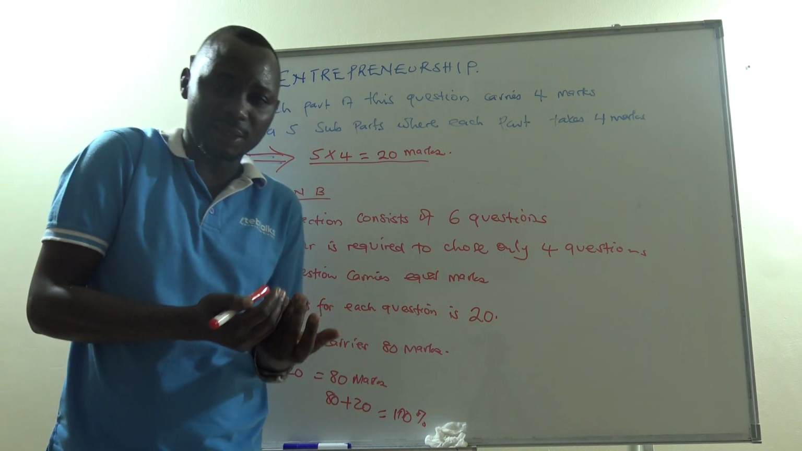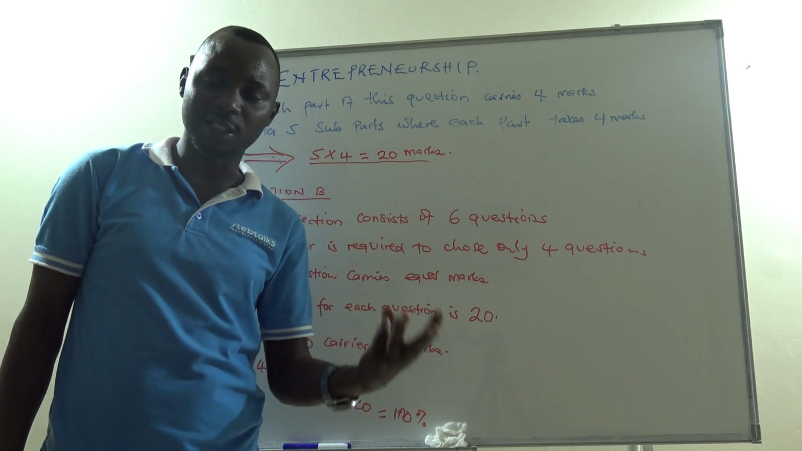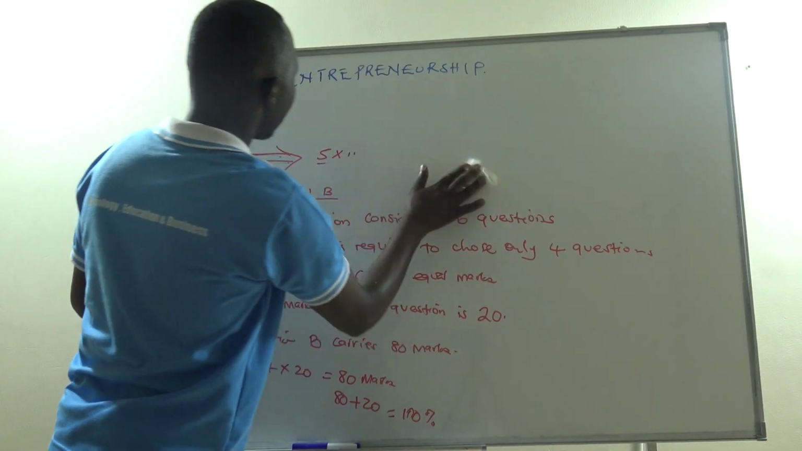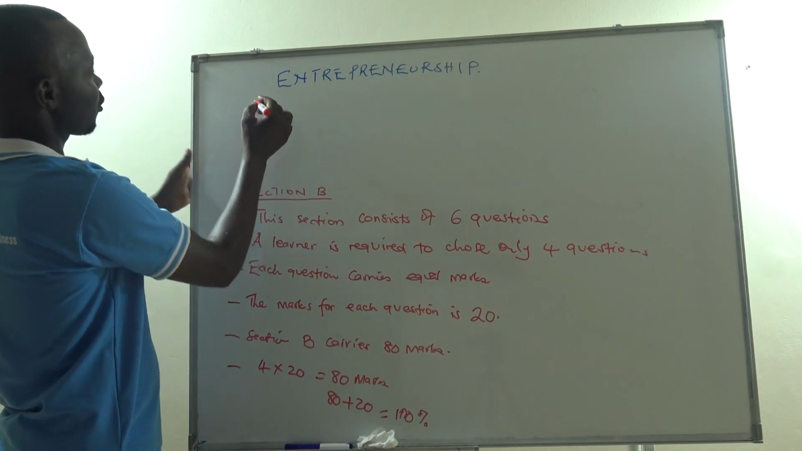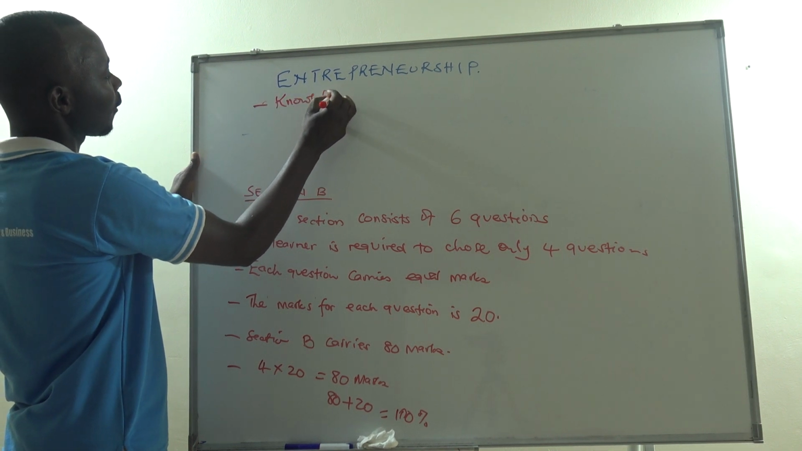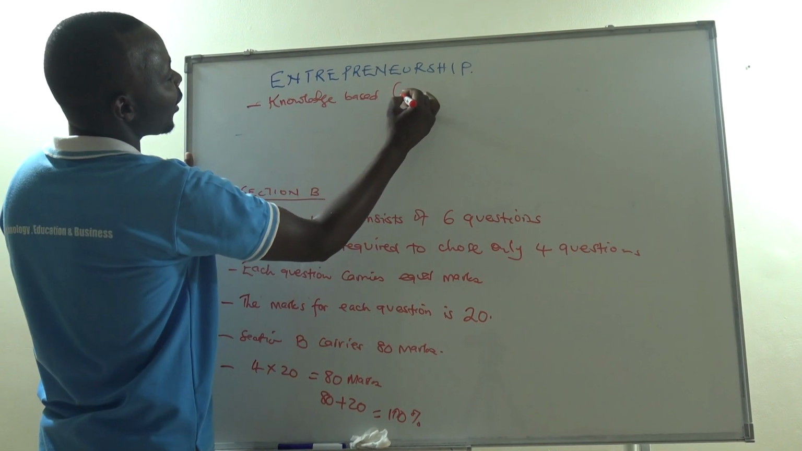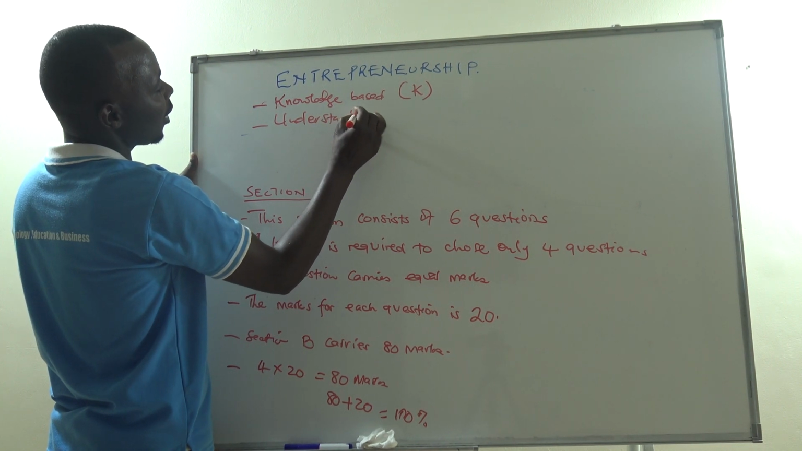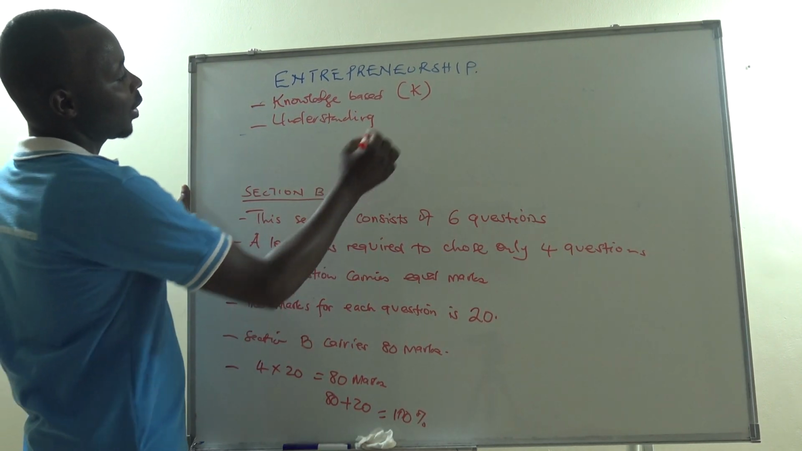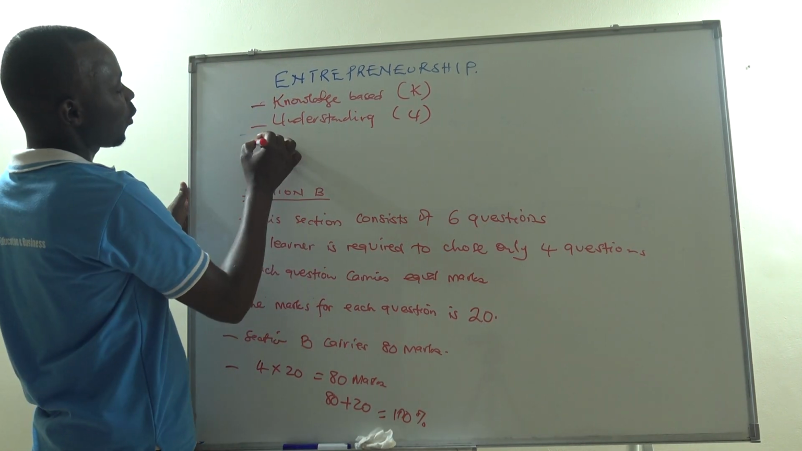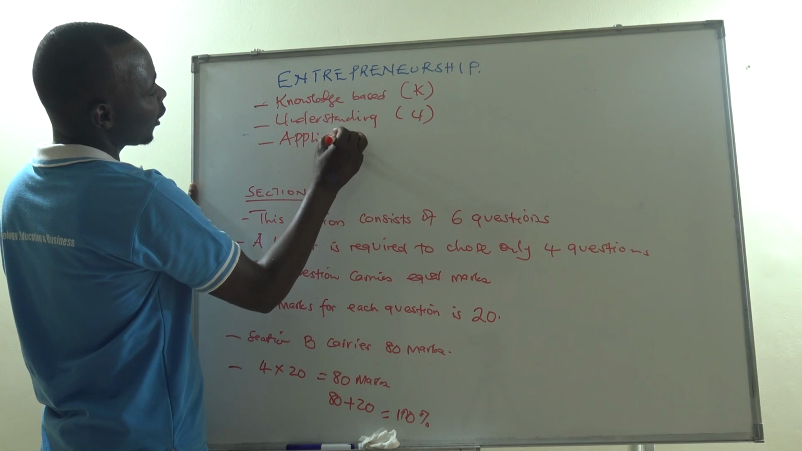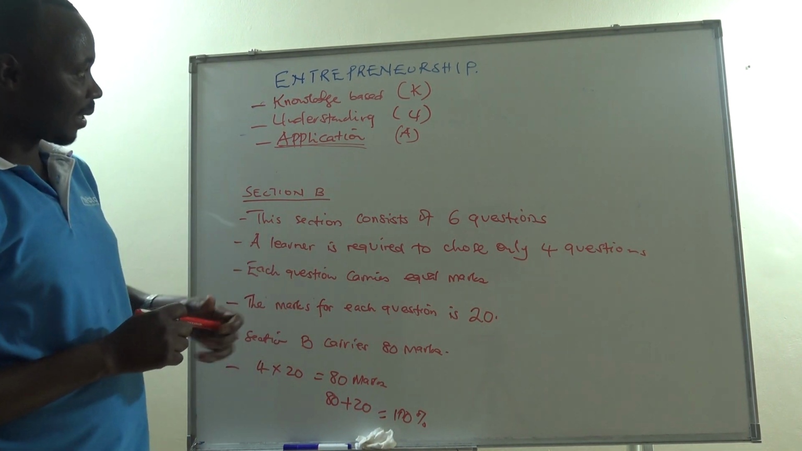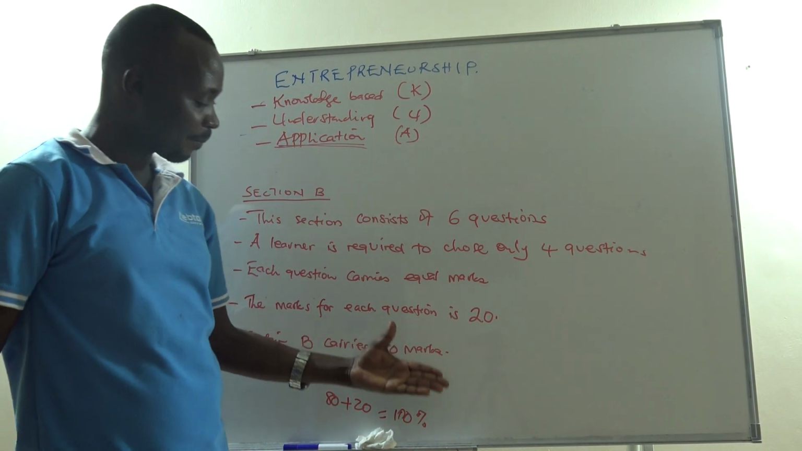It looks at very many things, where we look at the knowledge. The questions set here are knowledge based, which is represented as K. We have understanding questions which look at the way a learner understood, that is U. And it looks at the application, which is A, but majorly this one goes to paper 2, as we shall see. But these are the questions that appear, most of the questions that